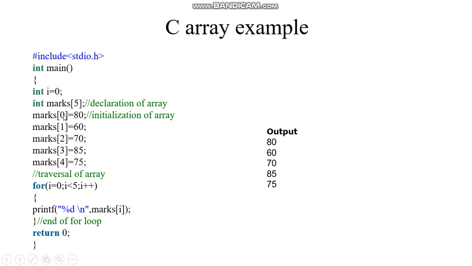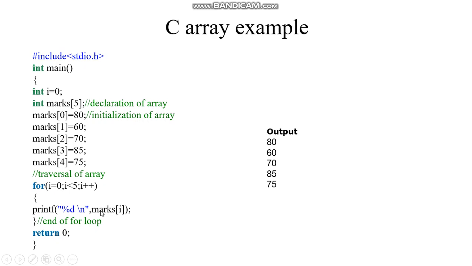Only the index values are changing. To access that memory, we know how to generate the numbers 0, 1, 2, 3, 4 using the for loop. That generated number will be substituted in that position. For example, the first I value will be 0.